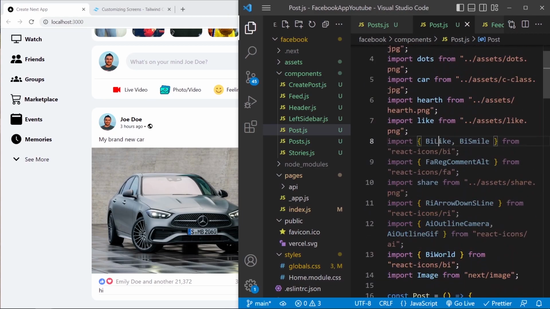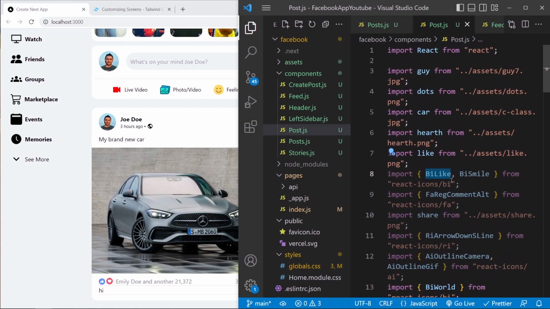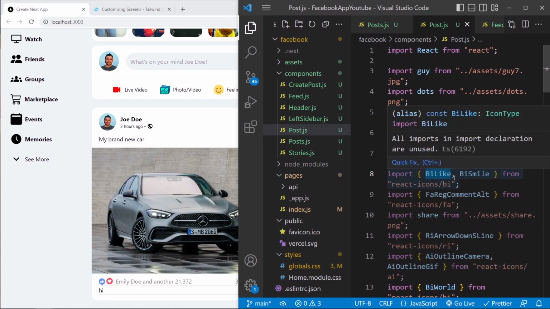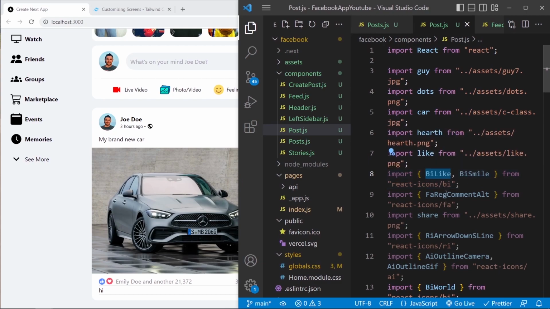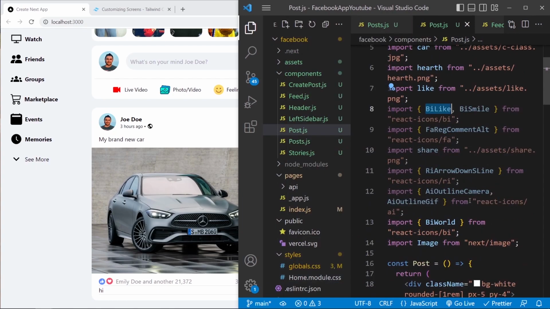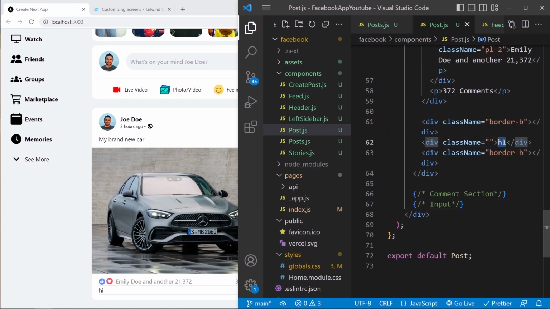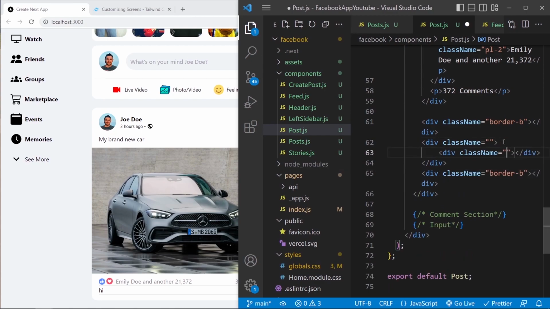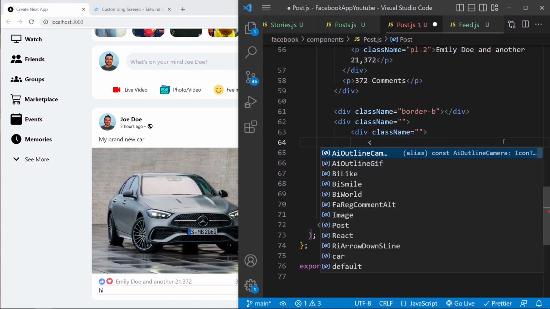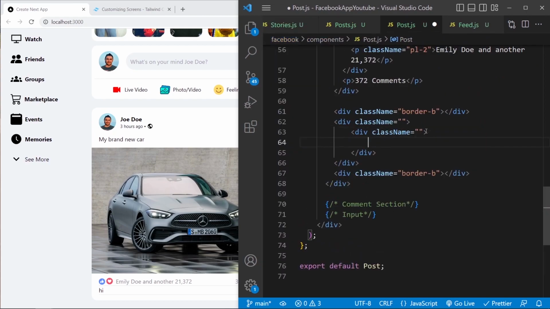Let's get the like button. I think it's this one. Be like, is it? Yeah, I think it's this one. Be smile. Is it be smile? Let me check this fast. Okay, so it's this one. Okay, be like. So let's go, and here instead of this one we're gonna have 3 buttons. So 3 divs, and it's be like, yeah,